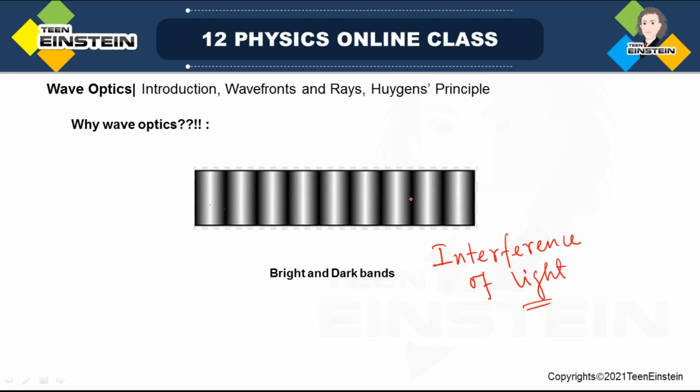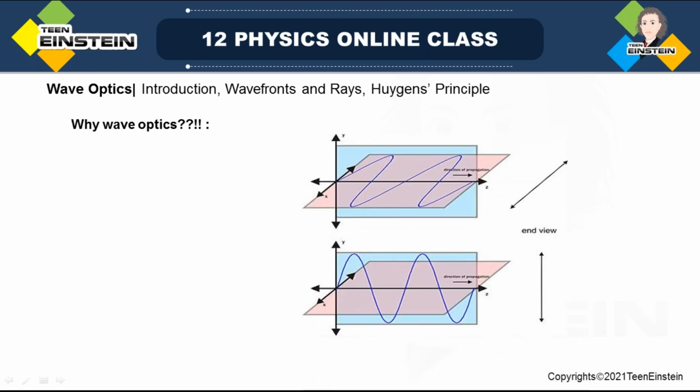So this was another phenomenon which was not explained. In fact, ray optics was not capable of explaining this phenomenon also. Another phenomenon called polarization, in which light will be confined to a particular plane, vibrating, or it will be confined to a particular plane, that is called polarization of light. So these are mainly three phenomena which were not explained by ray optics, or ray optics could not explain